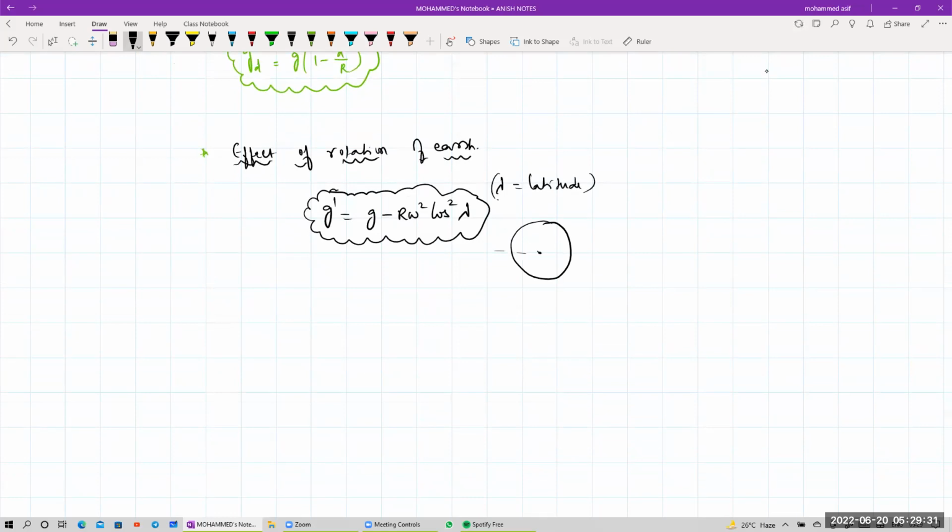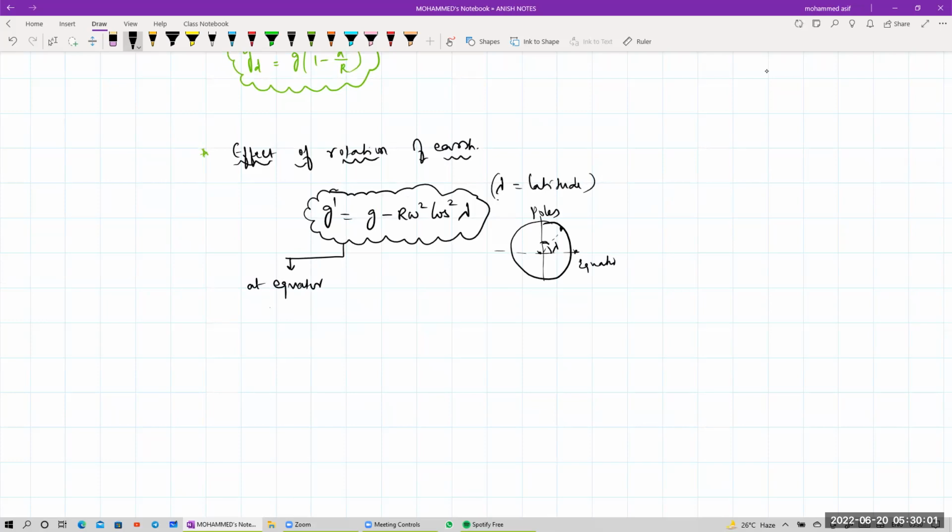This center with respect to the rotation, Earth is here. So we are making an angle of latitude from here to here. Say, for example, this is right now the poles, and this angle, if I'm taking it as, say, phi. So this will be your equator, this will be your poles. So tell me, at the equator,